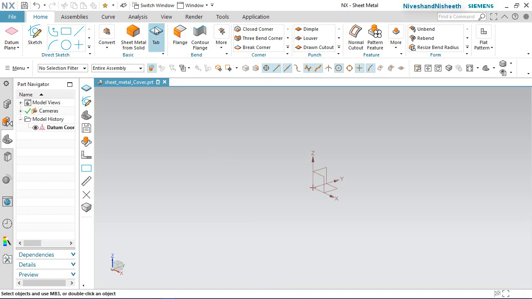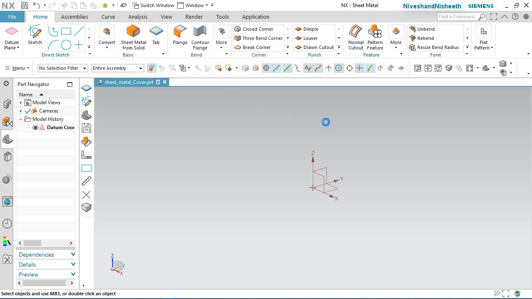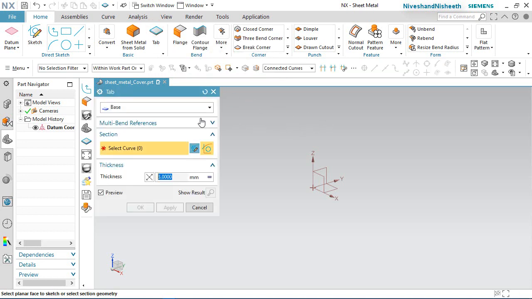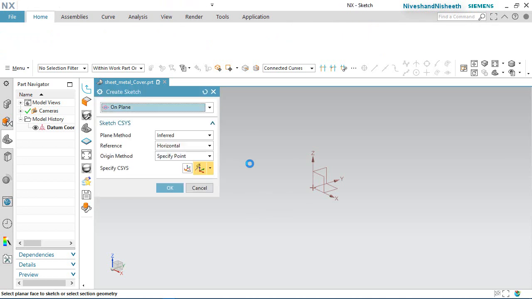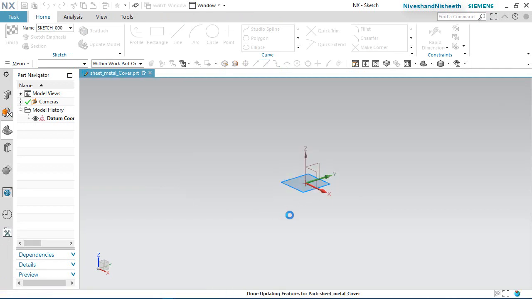Now activate the tab command. Select the sketch section and choose XY plane. Click OK to create a new sketch.